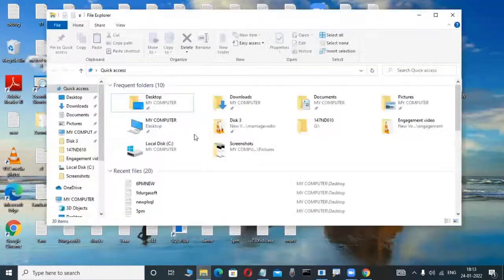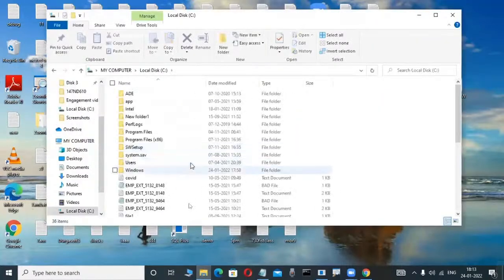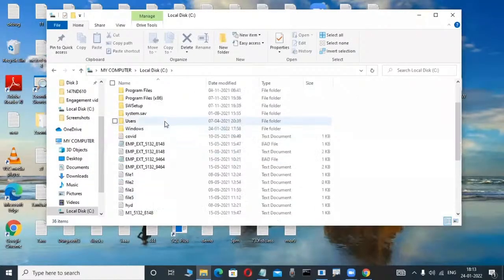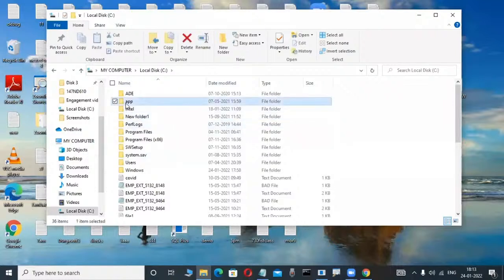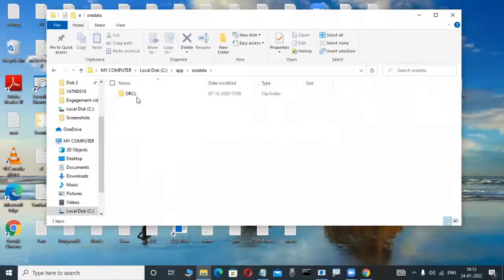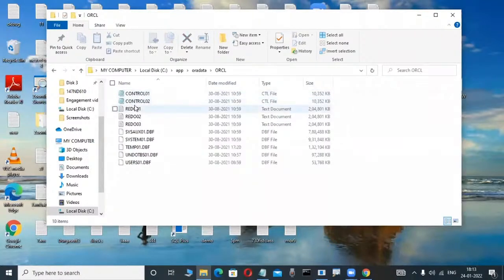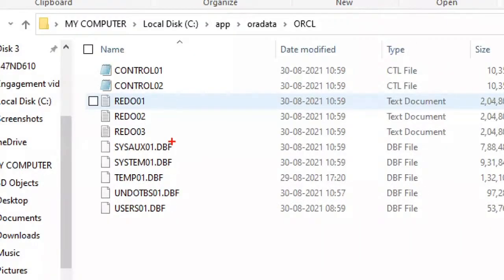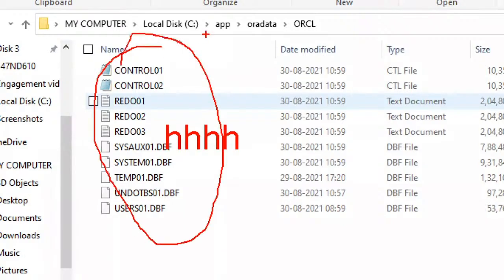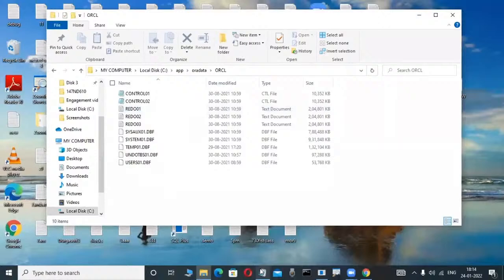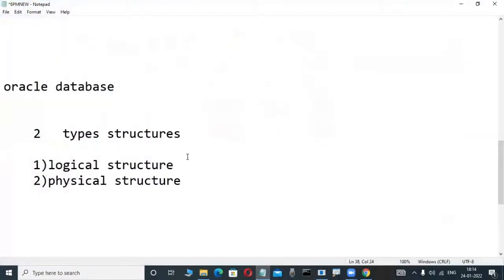I'm installing Oracle, how to install it we will learn in the next classes, in the C drive or somewhere. In the C drive and D drive, the table I create is not visible. That's why a logical structure means a structure which is not visible